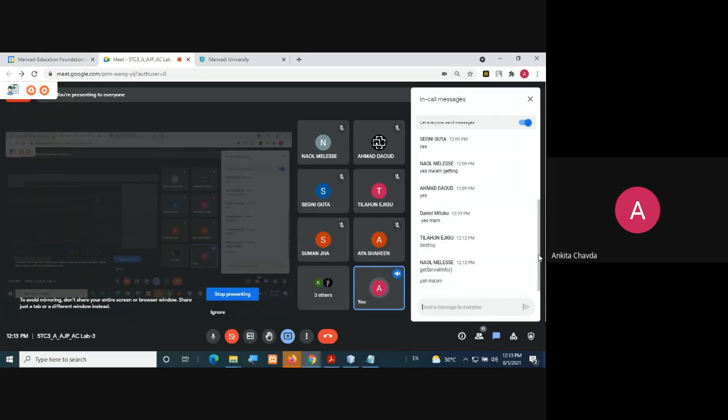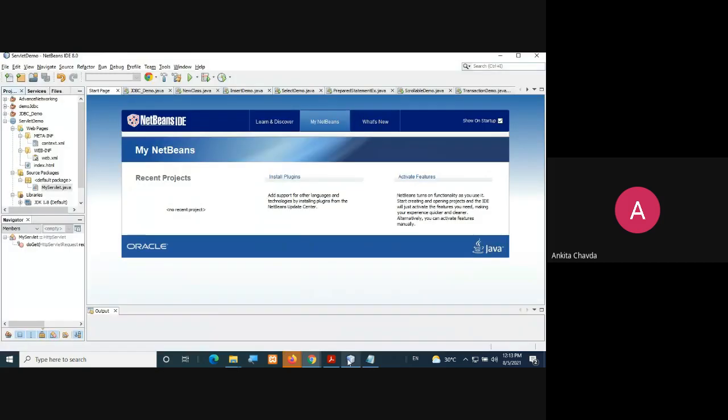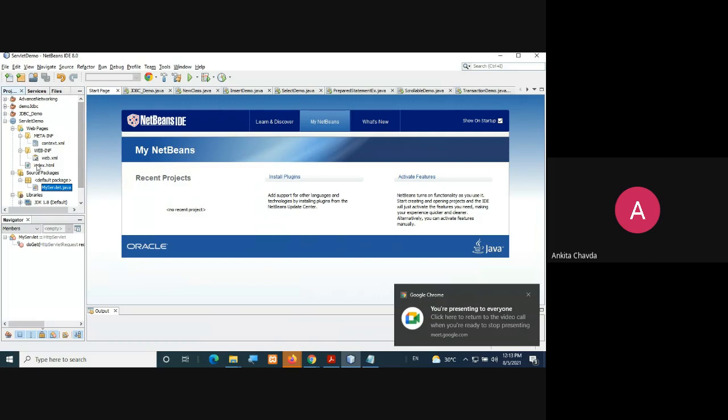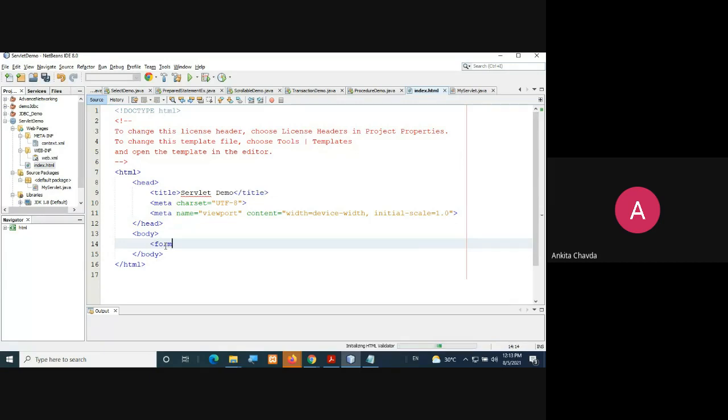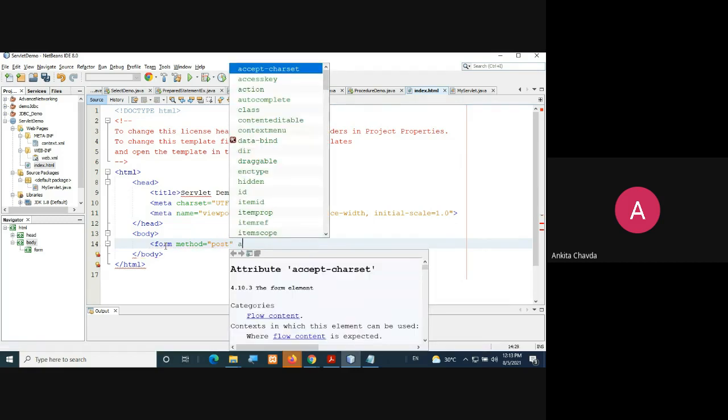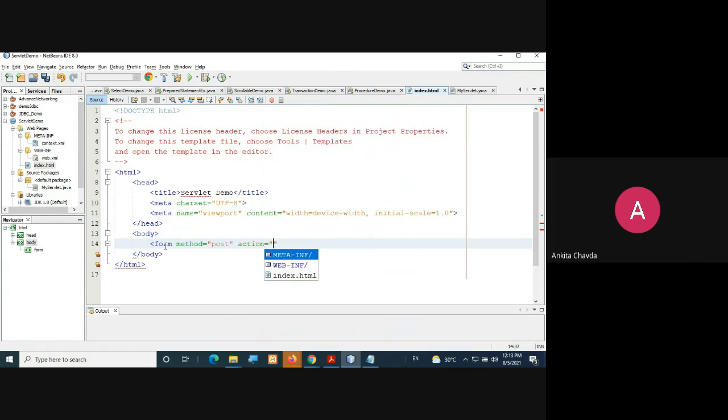Here you are choosing doGet or doPost method accordingly. How accordingly? Because of whatever you are choosing with your index.html. Suppose this is your view, and inside this body you are writing this form. Now, if you remember, in this form you are saying method equals, and here you are specifying either get or post, right? And then you are writing action.